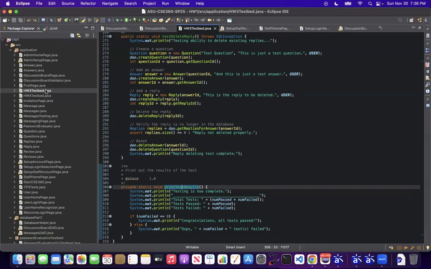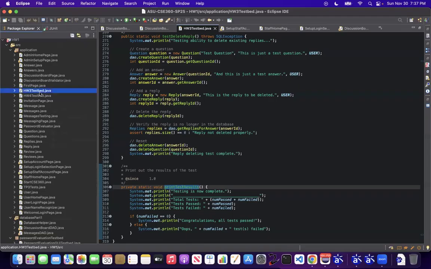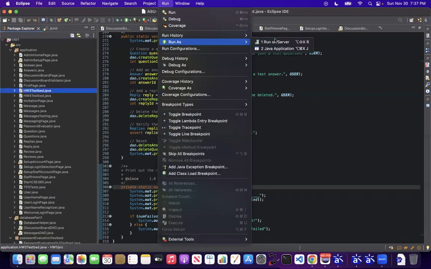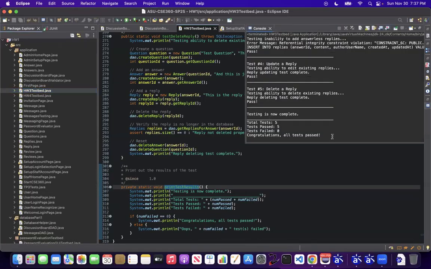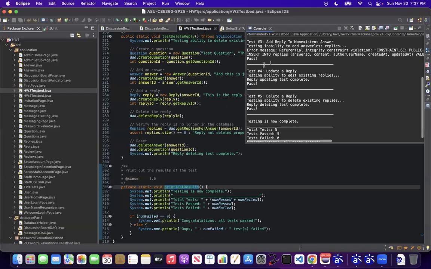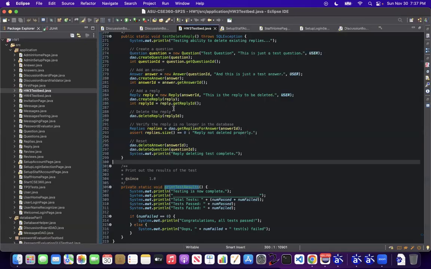So without any further ado, let's see how the test does. And as you can see, all of the tests have passed. This one's passed, this one's passed, this one's passed, this one's passed, and this one's passed. Hooray! It looks like the reply capability is working just fine. All right,